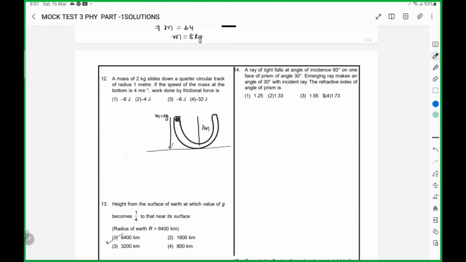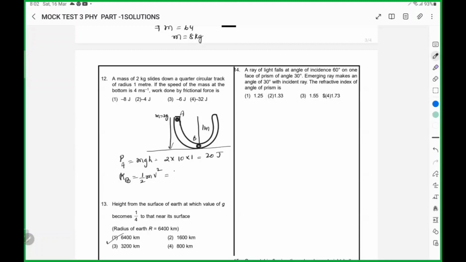Then the energy associated when it is at A, it has only potential energy, 2 into g into h, that is 20 joules. When it comes to B, it has only kinetic energy at B, that is half mv